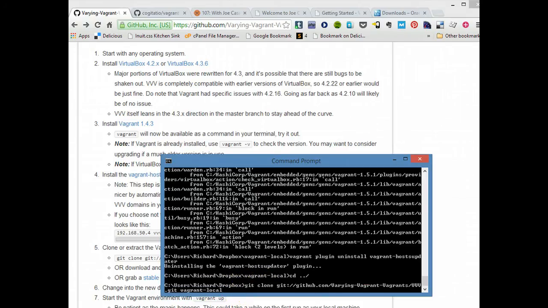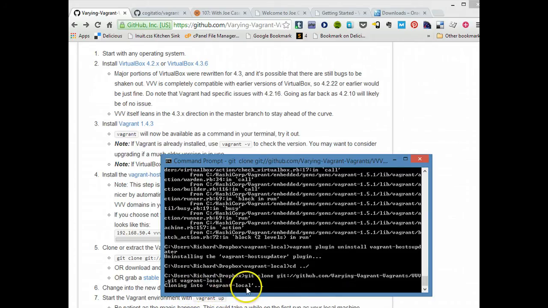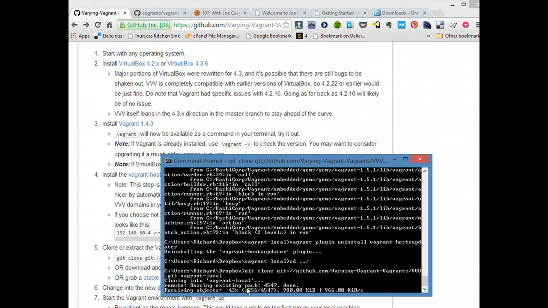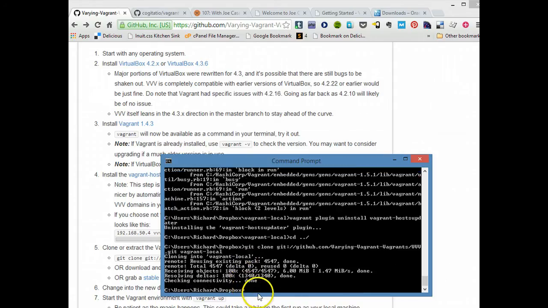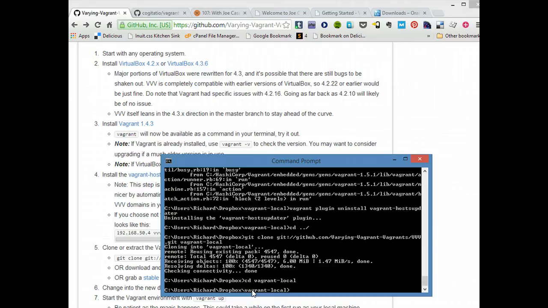That's where I want it, and so that's going to pull it down and put it in a Vagrant local folder. This just takes a second or two, and that's done. And then I'm going to change into that directory and just do